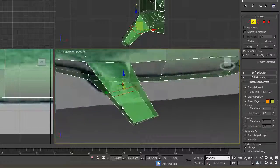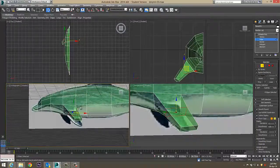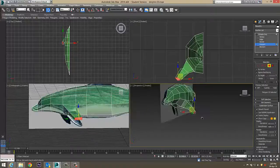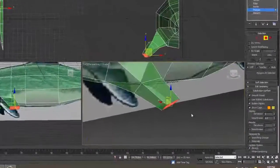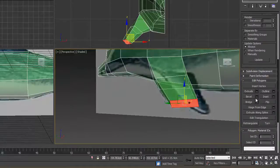Okay, that's not too bad. Kind of like having the three bevels. Now, this guy, grab the polygon, and again I'm going to bring him back just a little bit, like that. That's not too bad. So you see what's happening. We get there, and then the third one, I'll do another one, another bevel,